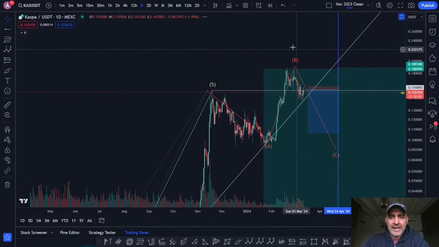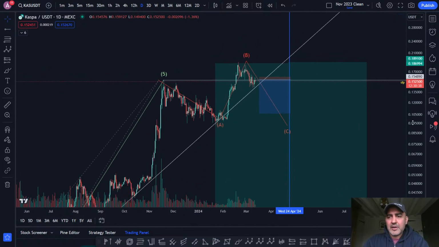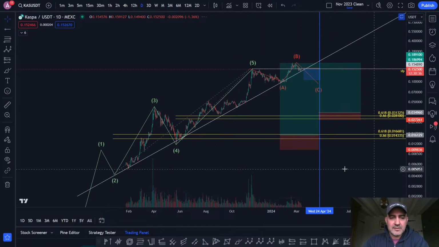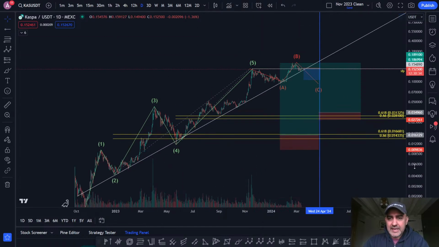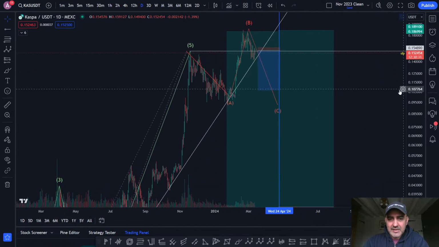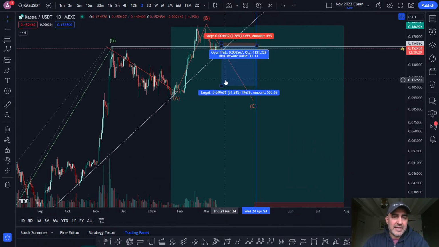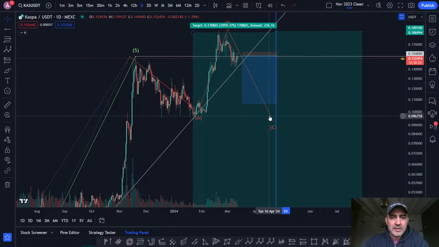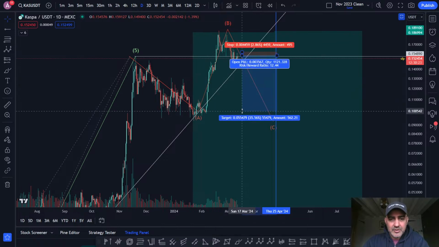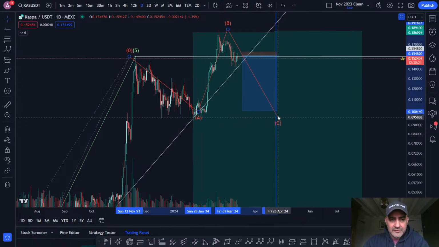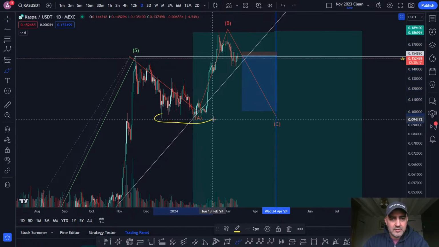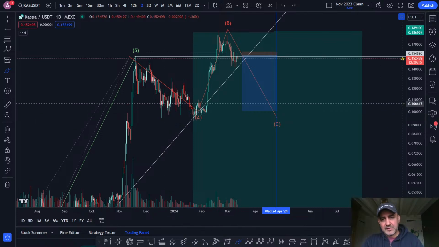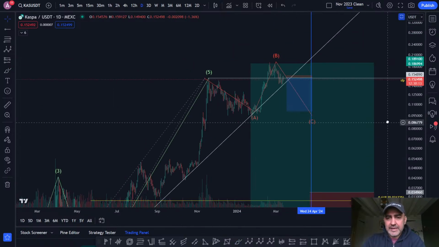The great thing about Casper is you know that you've got a lot of people on 100x. So if they start seeing the price break down, they're going to start market selling just to close their positions, and potentially you could go down quite far. I think the first target will be these lows here. All of these lows, that will be the first target,